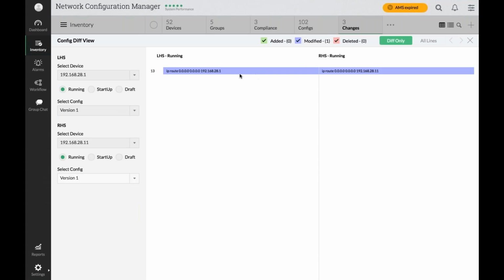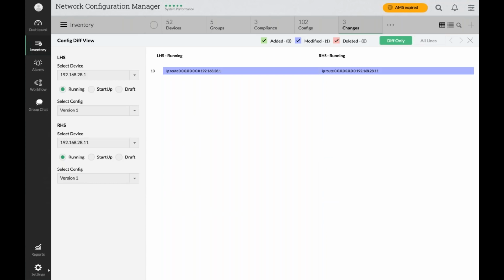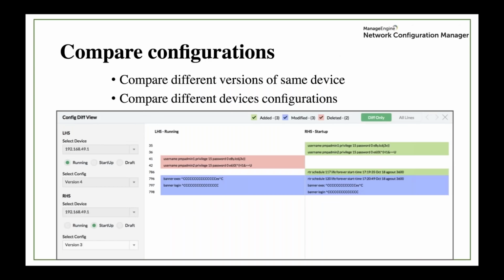Now for this device, there is only one line that has been modified. You have the option of viewing all the lines of the configuration files or just the differences. So now we've seen how you can compare configurations of two different devices.